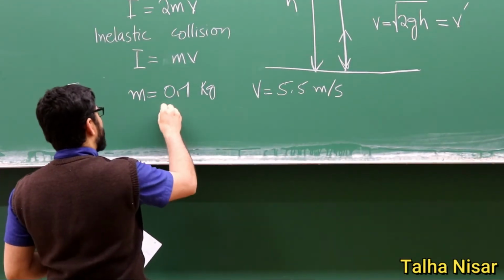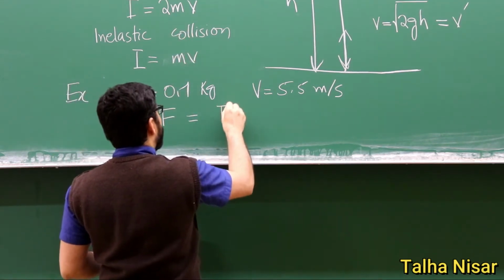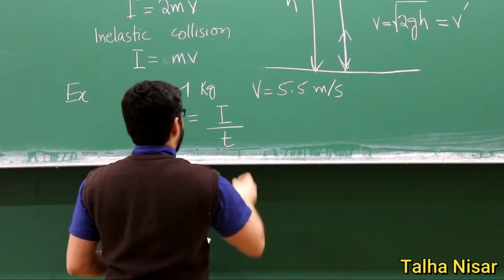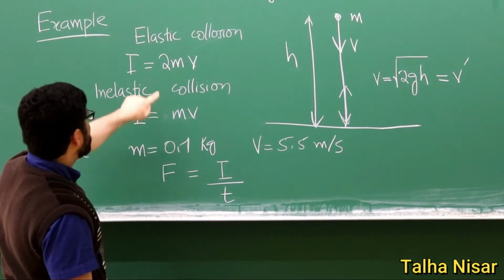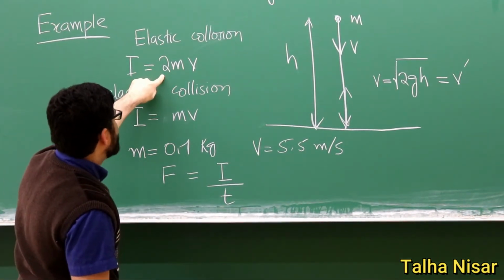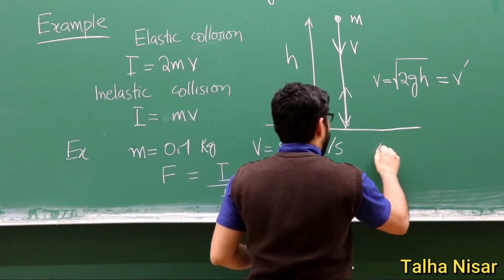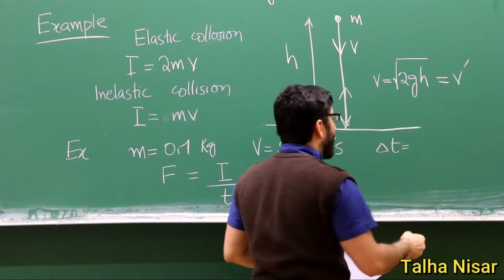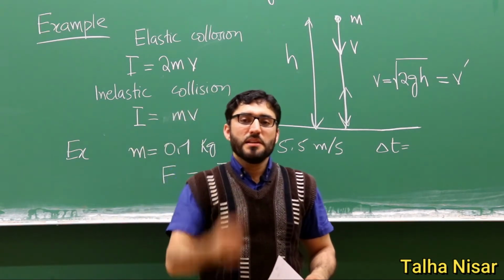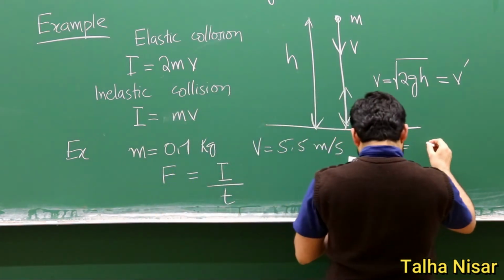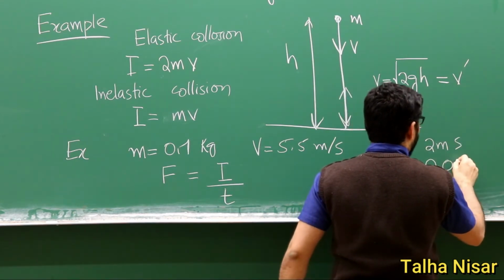So we have the force. From that relation, we can write the impulse divided by time. For the elastic collision, we use this relation here, 2mv, and then we divide by time. The collision time is extremely small. When the ball hits the ground, it immediately comes back, and we consider it as 2 milliseconds, or we can write 0.02